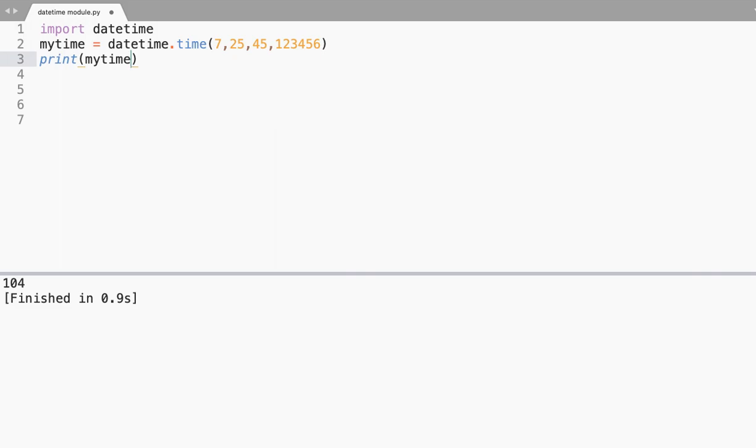And let me try to print my time. When I run this code, you will be getting the time which I've given there. Now here it is 07. Make sure that you're not giving leading zeros. It is not required. Now as we have seen in datetime.date, we have taken the day separately, month separately. Like here also we can take the hour, minutes, and seconds separately. Let me say hour, and then run this code. You'll be getting the hour which is there in my time, that's 7 hours. And then if I say minute, I'll be getting 25. And if I say second, I'll be getting